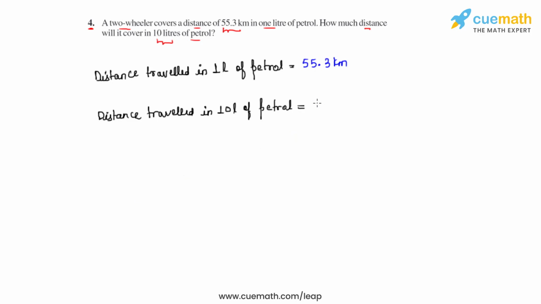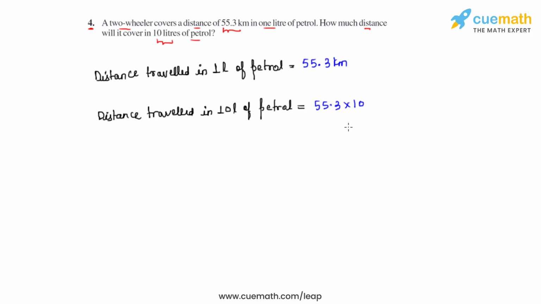So to find that, what we can do is multiply the distance traveled in 1 liter of petrol with 10 liters. So that is 55.3 multiplied with 10. Now we have two numbers wherein one number is a decimal number and